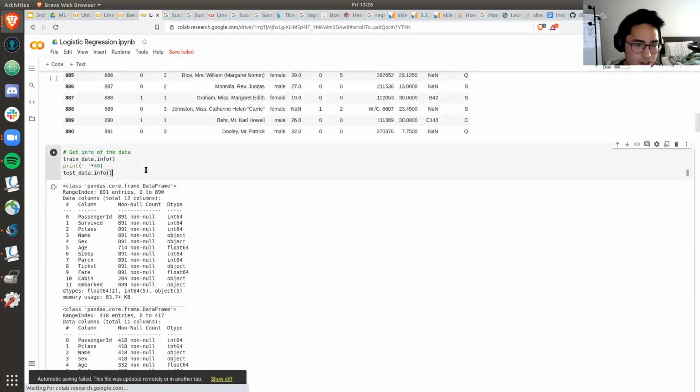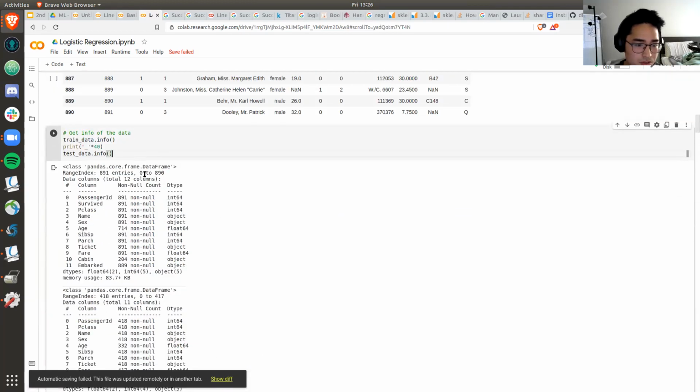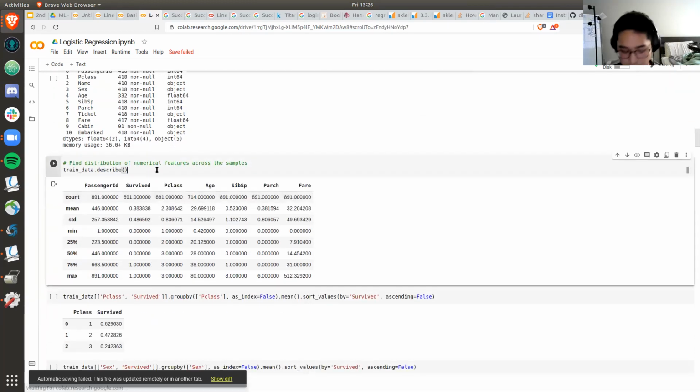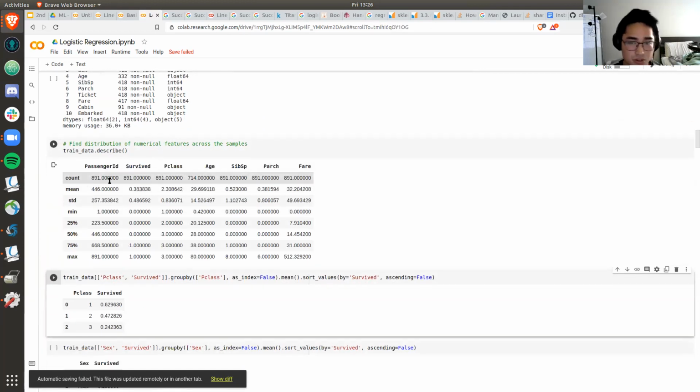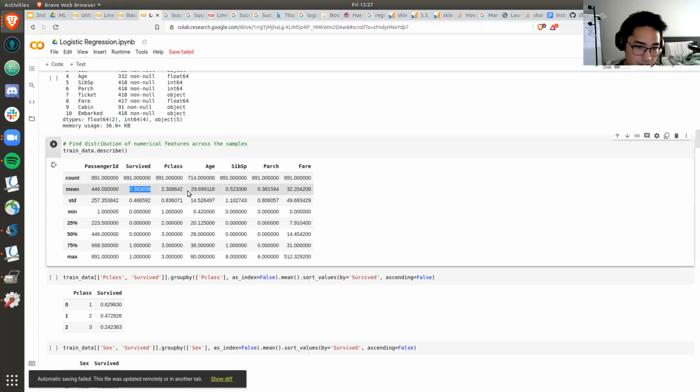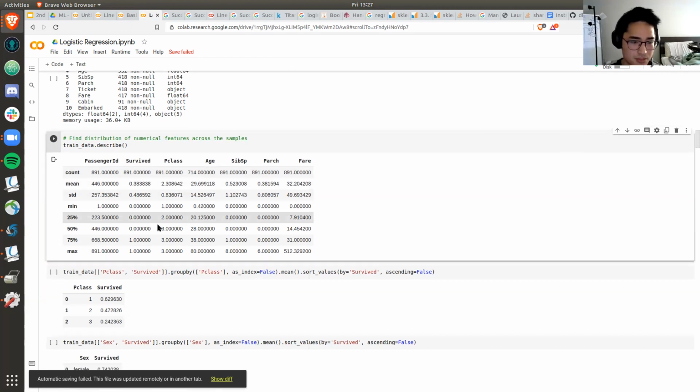Before we go into that, let's see what our data has for us. Let's describe it. We know we have a total of 891 data points. The survival rate that we see right here is 38%. The average age is about 29 years old. It doesn't make sense to have 0.5 siblings, but the average fare was about $32. That's all we need to know for this.